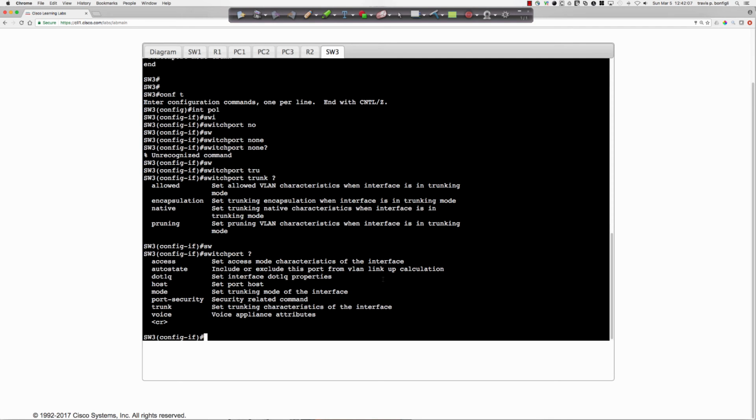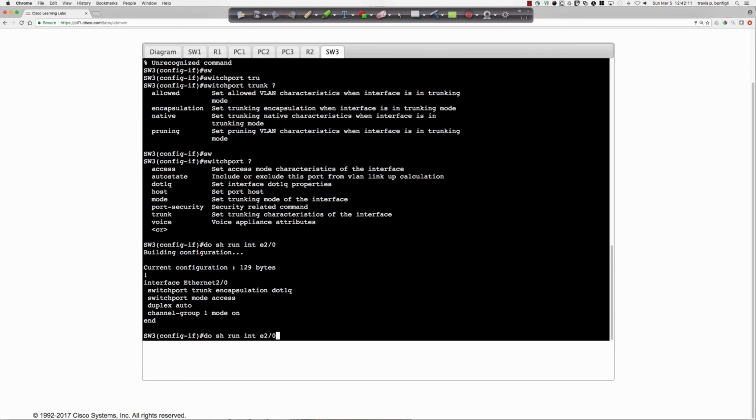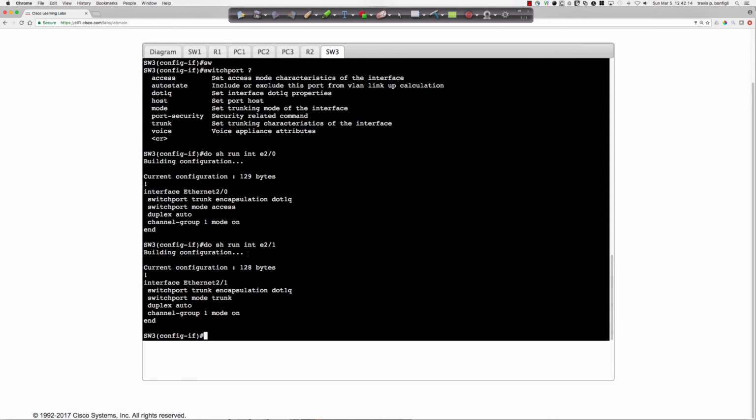So we clearly saw the issue. If I were to say do show run interface Ethernet 2.0, as opposed to 2.1, what is the problem, right? It's supposed to be a trunk link, but here we have switch port mode access. I recently had a coworker run into the same issue where they had thought that because it had switch port mode trunk on the interface and switch port mode access,